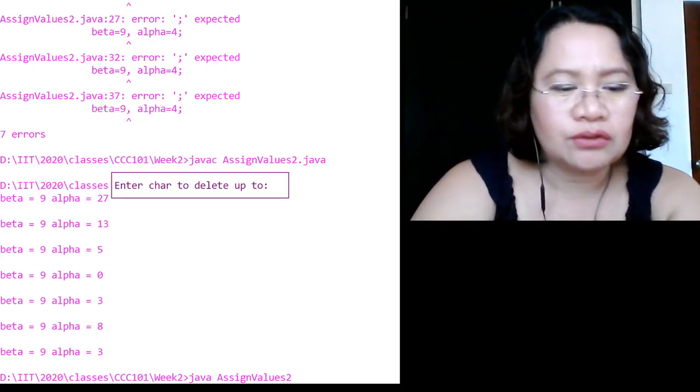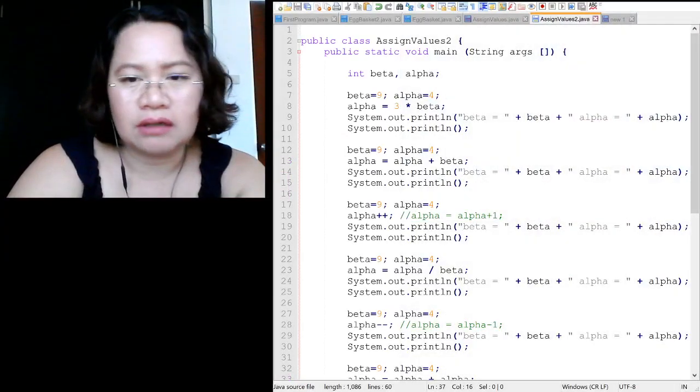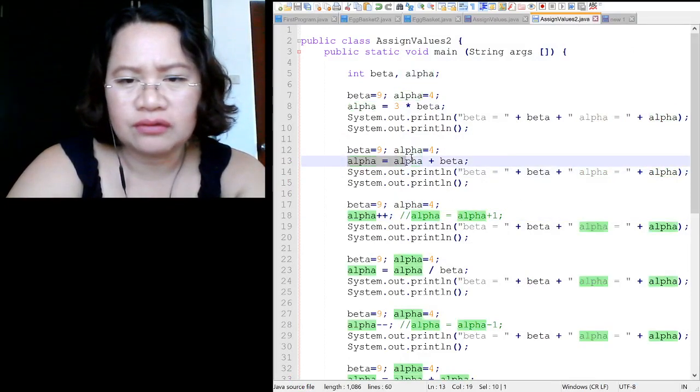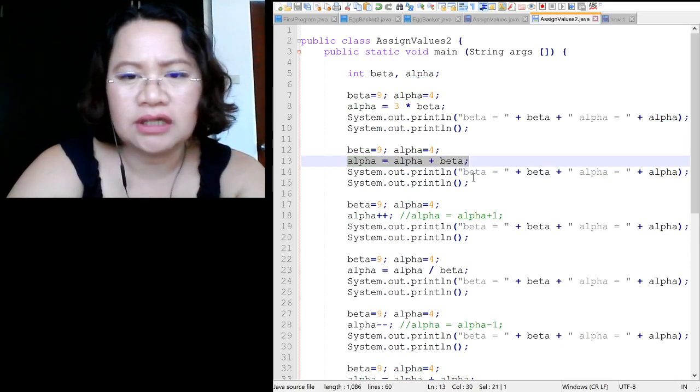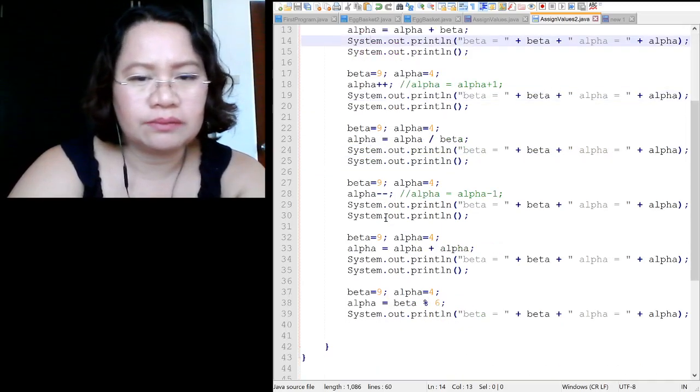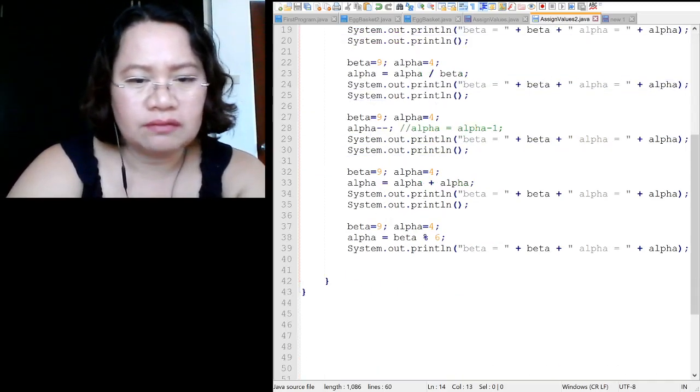Okay? So, notice na there is a program right after no each of these ma-change na dayon ang value ni alpha sa iyahang next line. Okay? So, I have here also